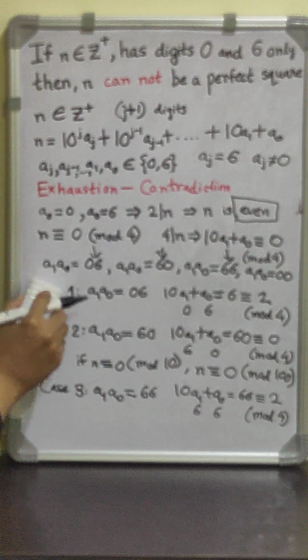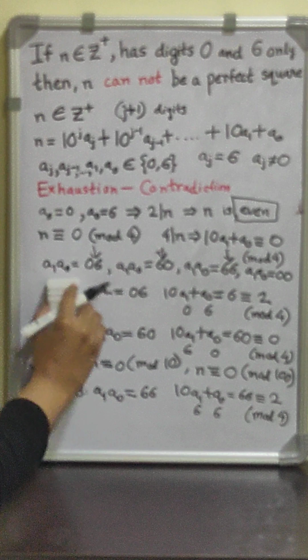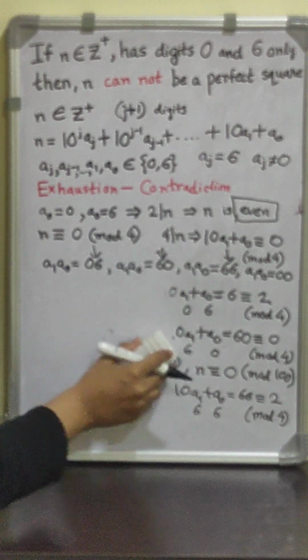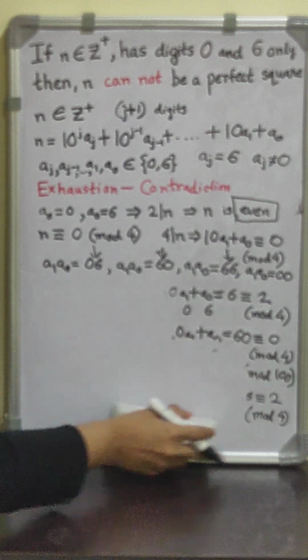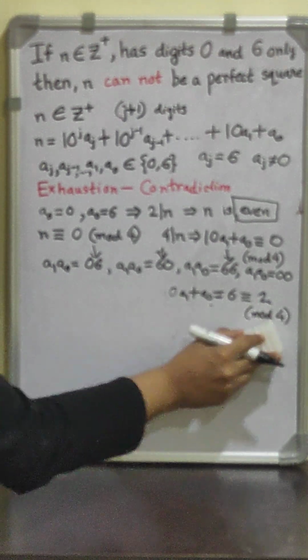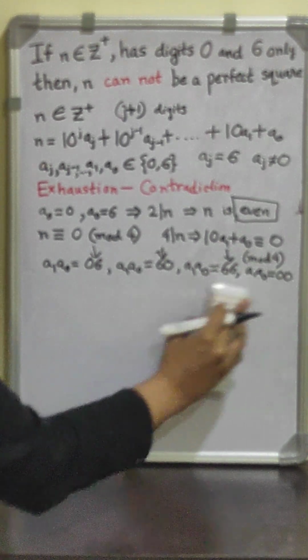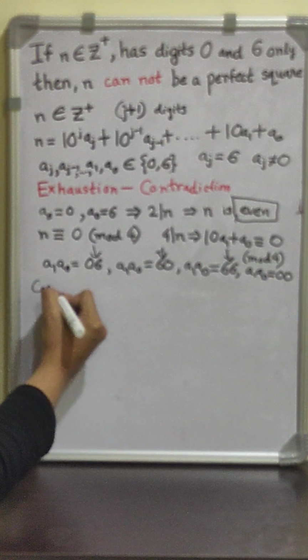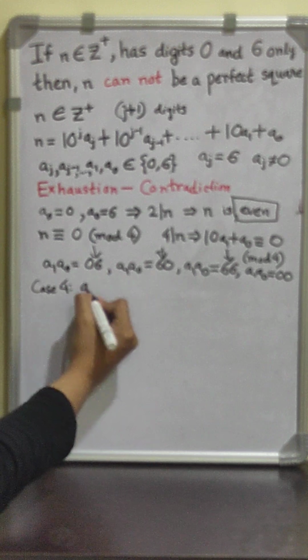But I'm going to rub this off because for that case, case 4, I was saving the best for last because that one will be longer than all this. It's not very straightforward to see that. And you'll see why. The reason is case 4, when the last 2 digits are 0,